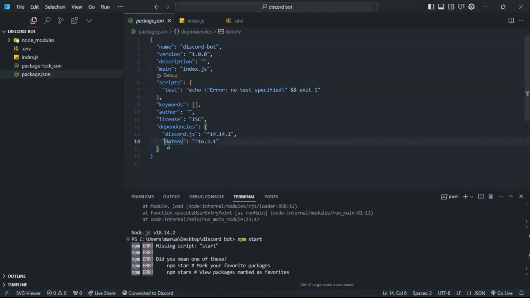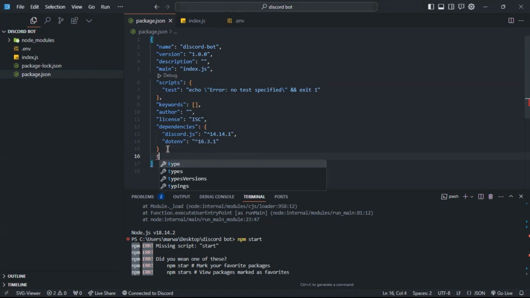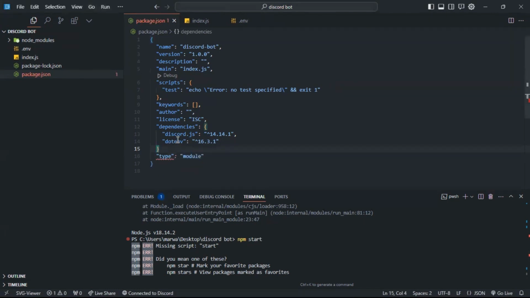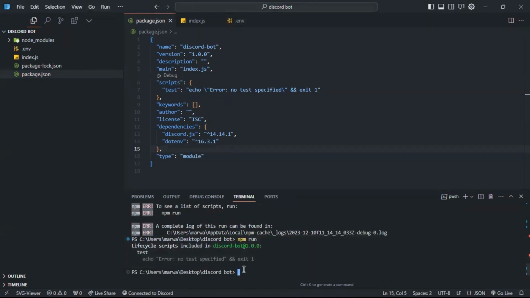It is because we are using type module here, so we have to set the type to module in our package.json. And now when we type node index.js